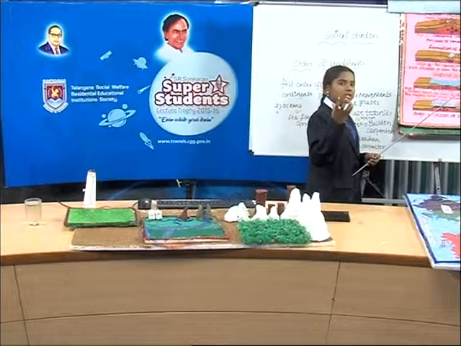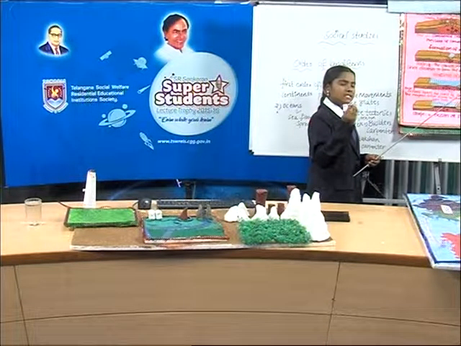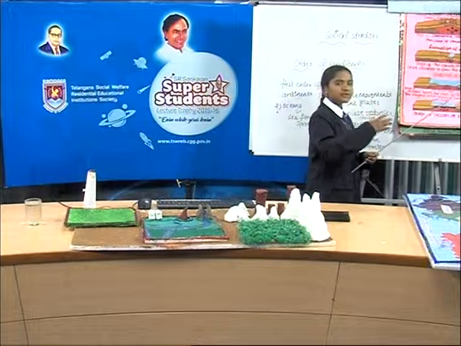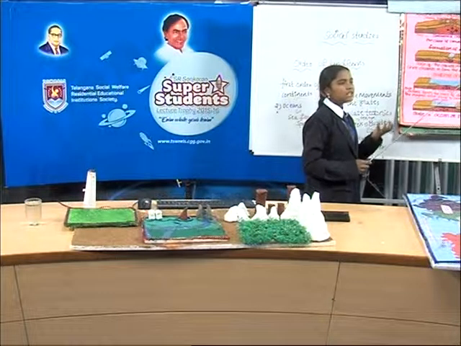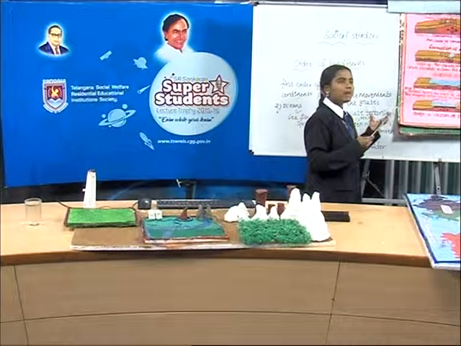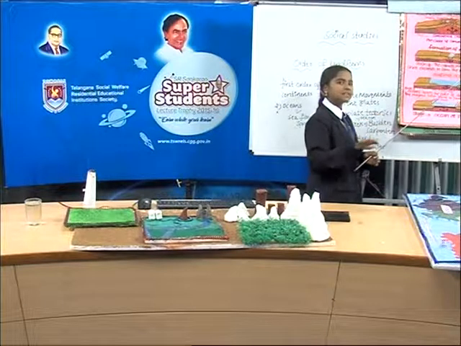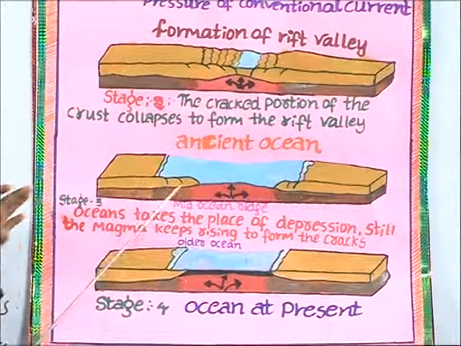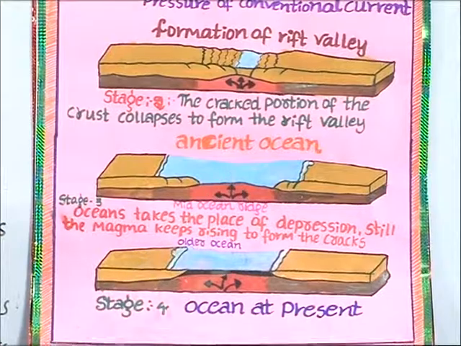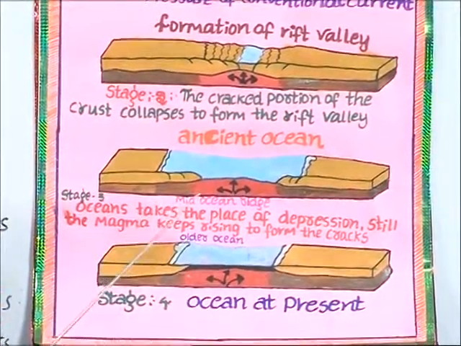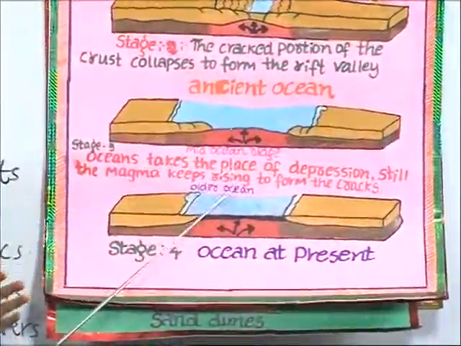So the rock portion changes to a liquid portion. This liquid portion can erupt through volcanic eruptions under certain circumstances. But after the oceans take place, still the magma keeps rising to form